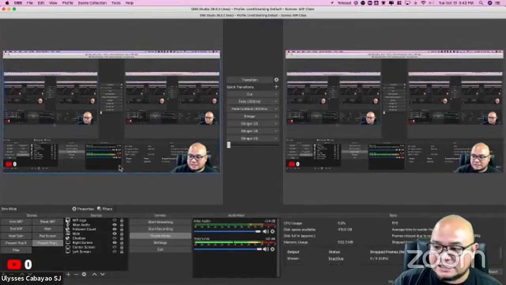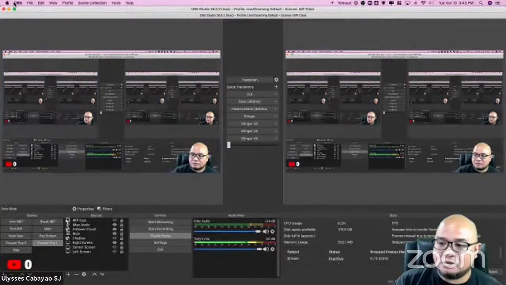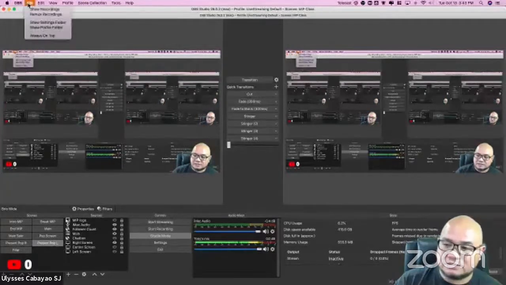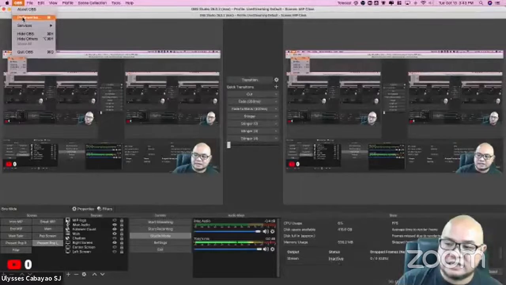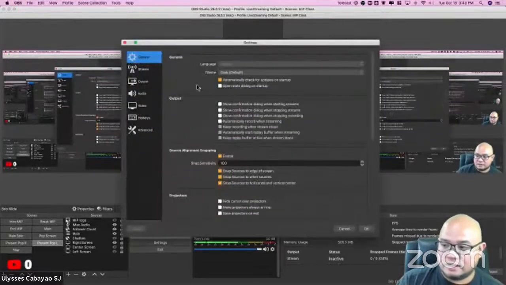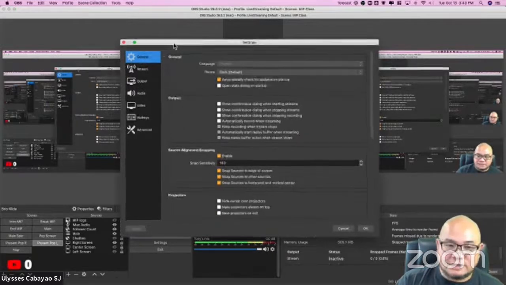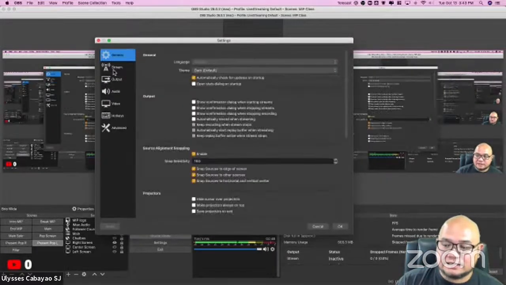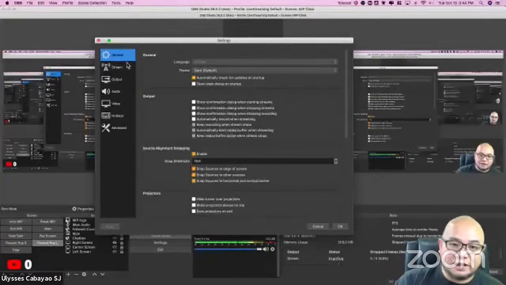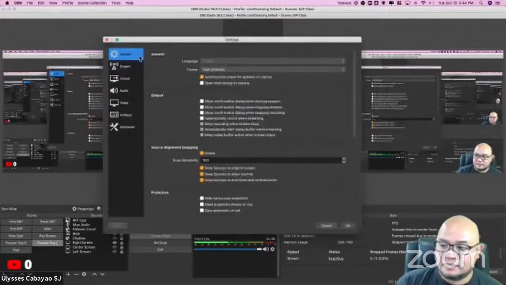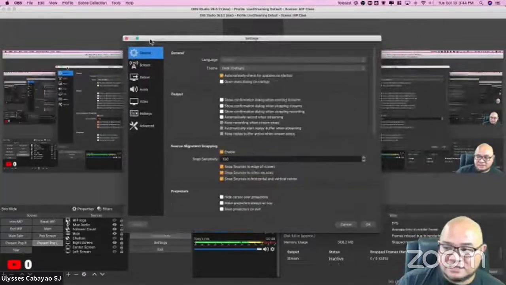So once you have OBS, ang first po natin na tingnan muna ay yung ating settings. So if you go to the settings part, go to OBS and then preferences. Okay. We just have to make sure that our settings are correct. I won't focus for now on how to stream, but just on the recording settings that we need to use. So if you are already in the preferences window,